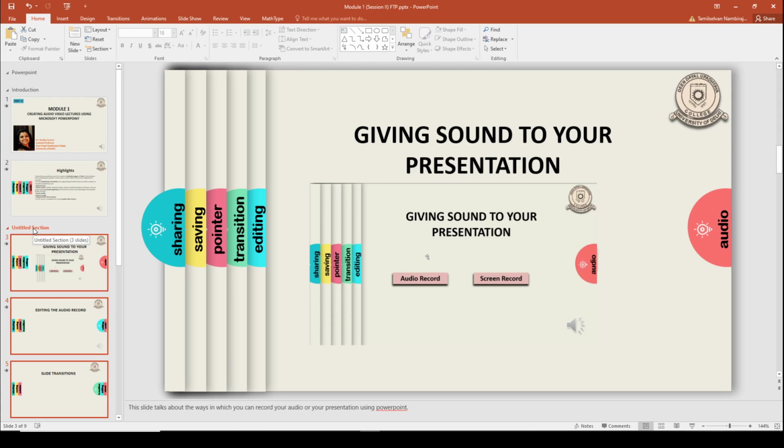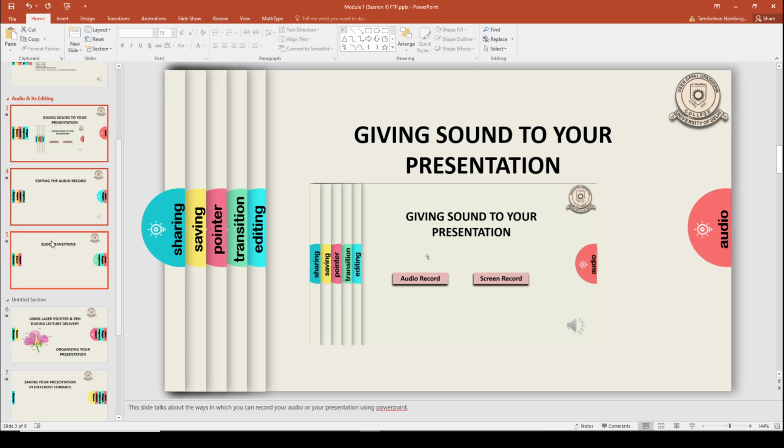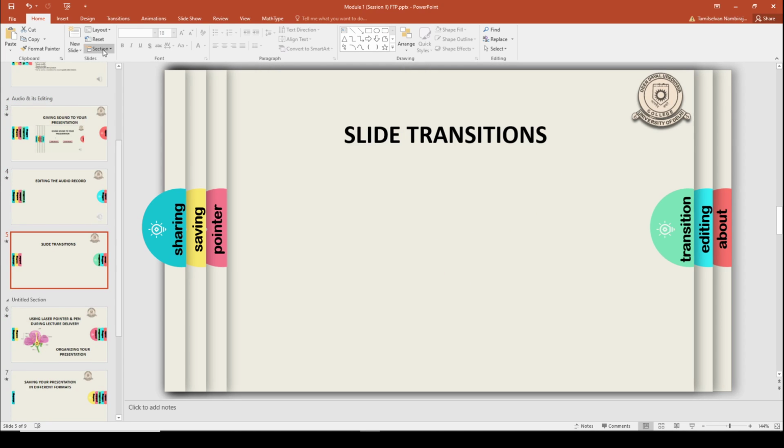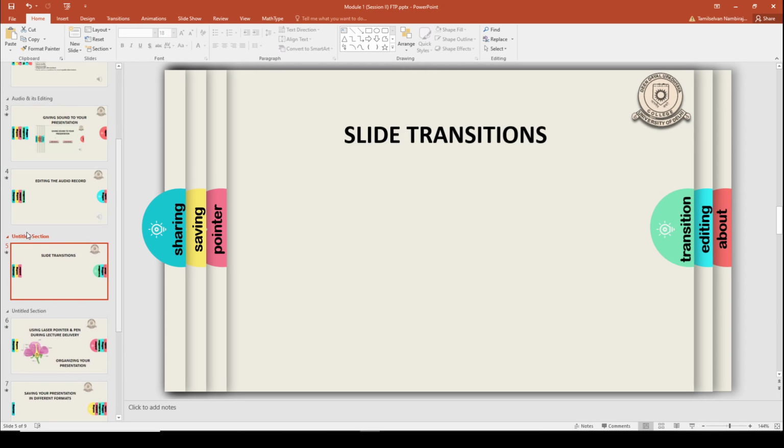So I can add one more section and rename it. Suppose this is about adding audio and its editing. Rename. Then I want to add another section by the name, say, slide transitions. Rename.